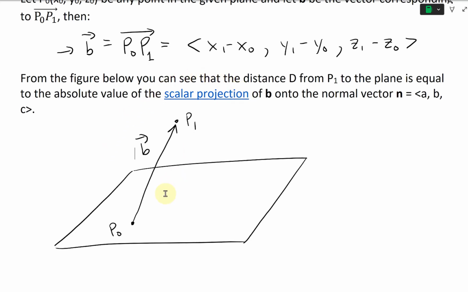And now, so that's the plane. So now we have a normal vector here, n. And what we'll do is, from the figure below, we can see that the distance d is going to be, well, let's look at this vector b first. Now, if we project this onto the normal vector n, the absolute value is going to be the distance. So in other words, if you project it all the way across to this point right here, let's say if we project it all the way across here